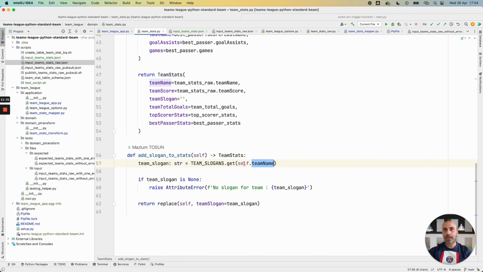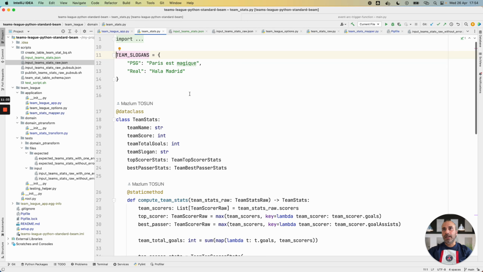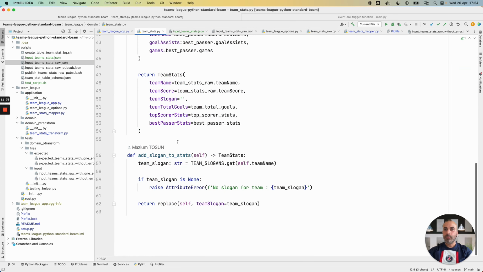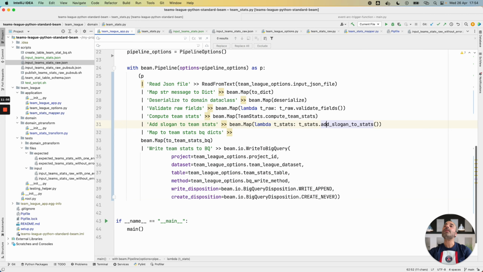I have the team name, and I recover the slogan for the current team. I return the current object. I can return a new instance of a data class, an immutable instance of this data class, while setting only the needed fields, calculated fields.